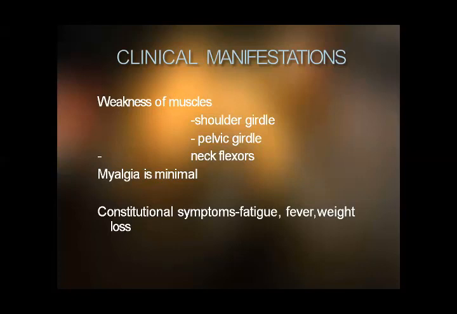Myalgia and pains are not that bad, but the syndrome of polymyositis can be associated with low-grade fever, fatigue, weakness, and weight loss. So constitutional symptoms may be there, but usually there is gradual weakness and wasting of the muscles of the